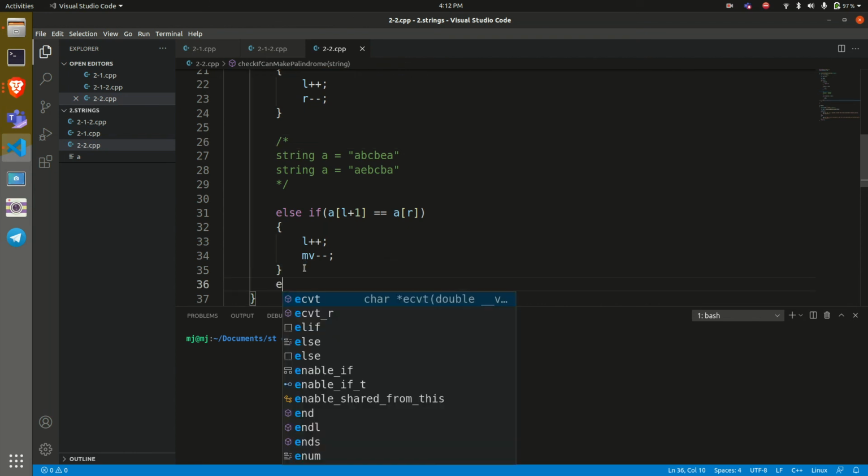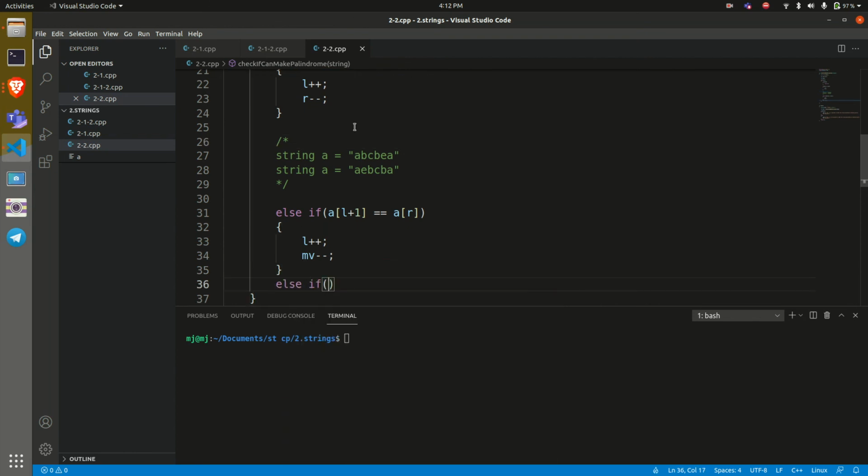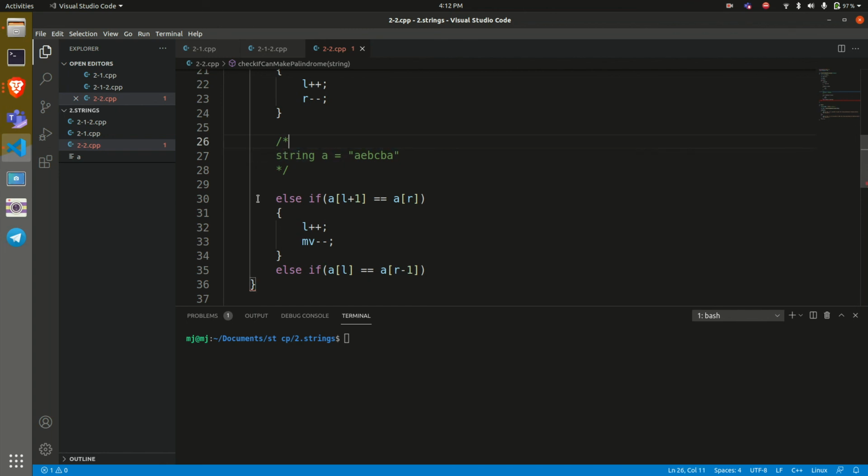Similarly, else if this doesn't match with this, let's check in the opposite direction: A of L equals A of R-1. Think of this case. Let's segregate both of the cases so that it's easy for you to understand which case matches which string.